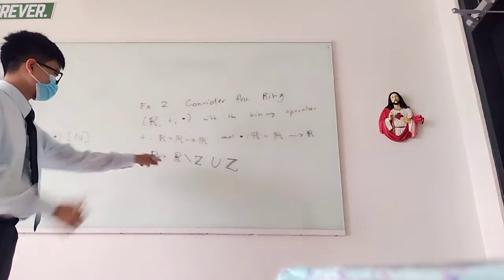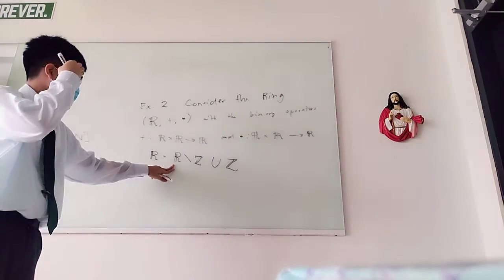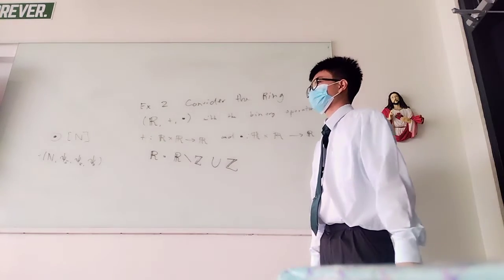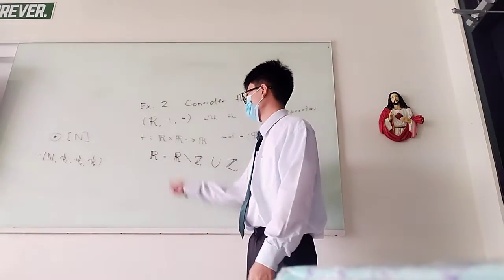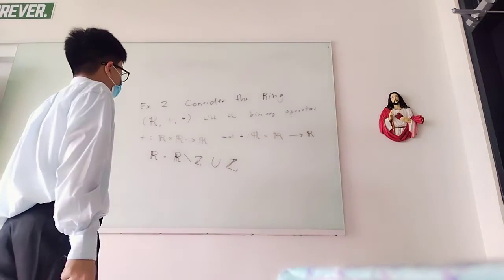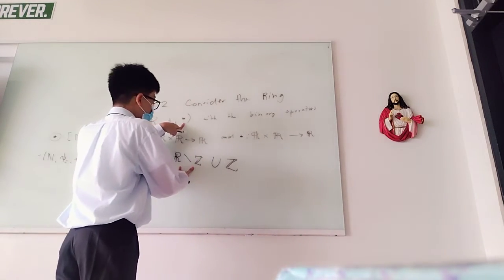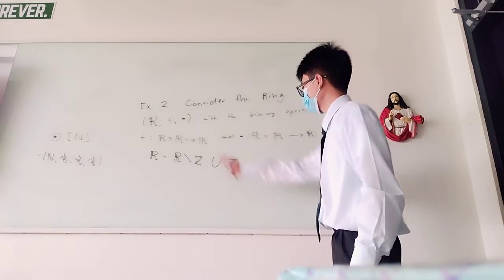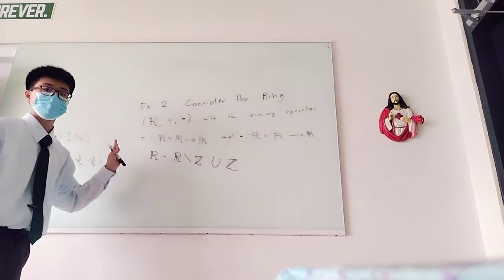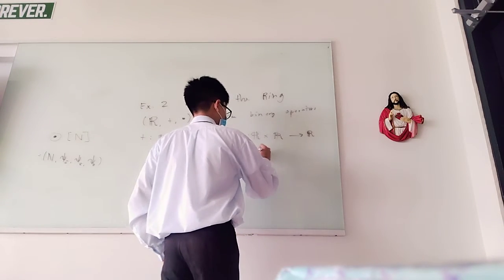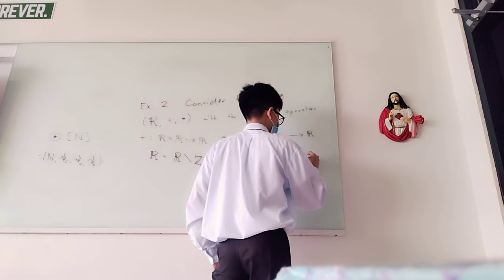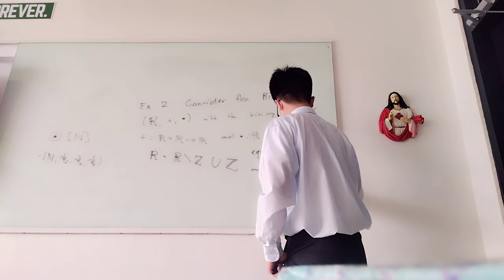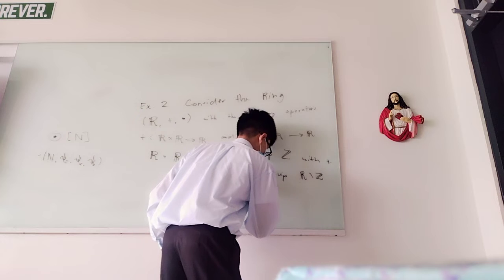So now we have to consider that R minus Z doesn't have negative whole numbers and positive whole numbers. Because Z is the set of all whole numbers, basically. And also R minus Z wouldn't have 0. Okay, so now let's just say that this here is equipped with this, and our integers is equipped with this. Since we equipped our integers with this addition operation, we don't need to consider that case anymore. We already considered that case in example 1. So equip Z with, and equip R minus Z with,